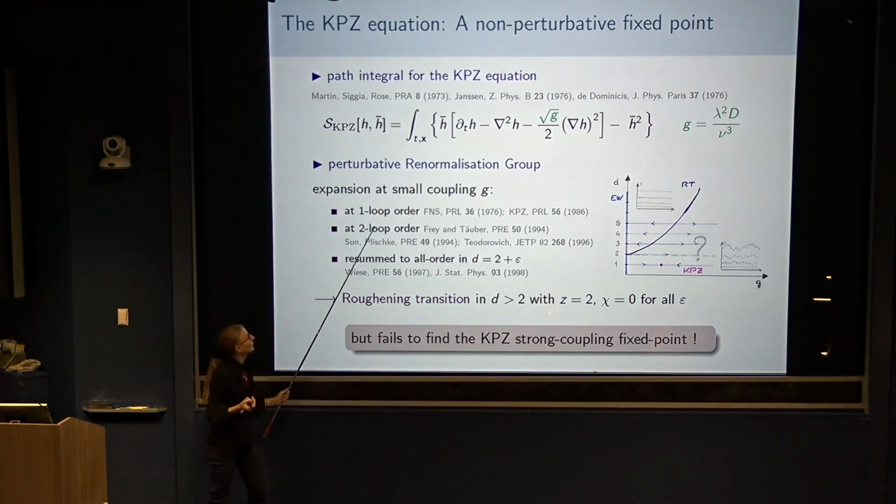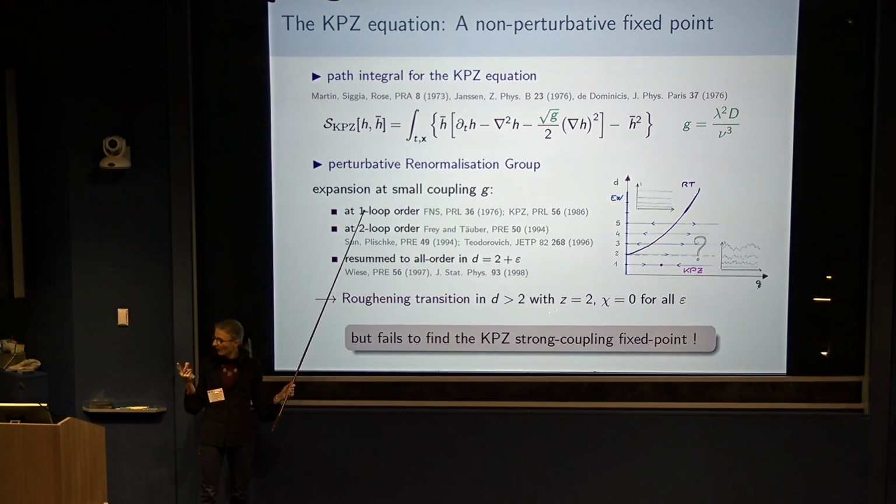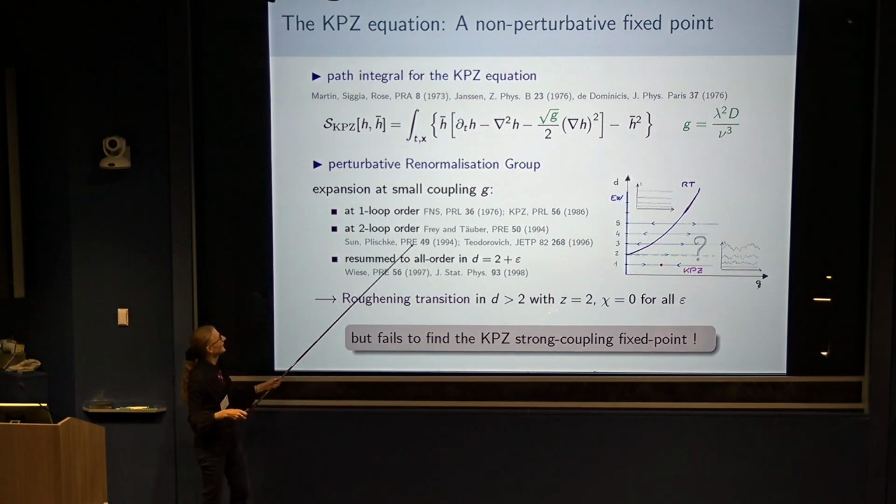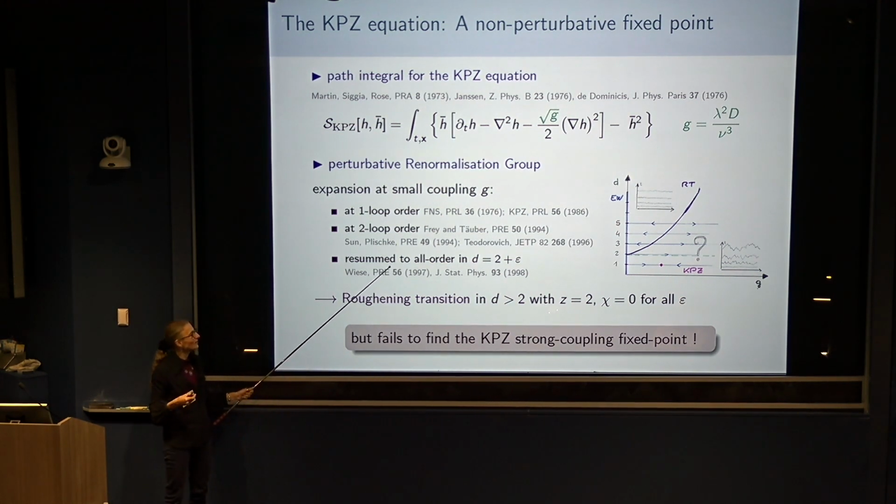And in fact, the two-loop calculation was done in the mid-90s by three groups in parallel, and they all came up with three different results. So just to tell you that the calculation is a bit involved, one of them was correct, though. And in fact, a few years later, it has been shown that if you go to the Cole-Hopf framework, it can be resummed to all orders in perturbation theory. So it's a case where you know your whole theory to all orders in epsilon.